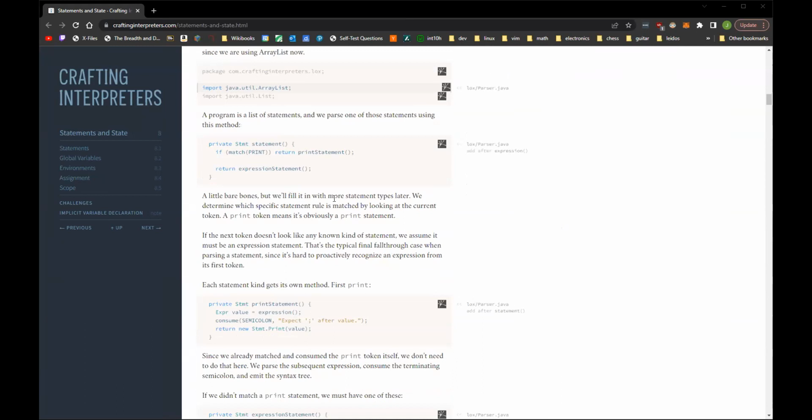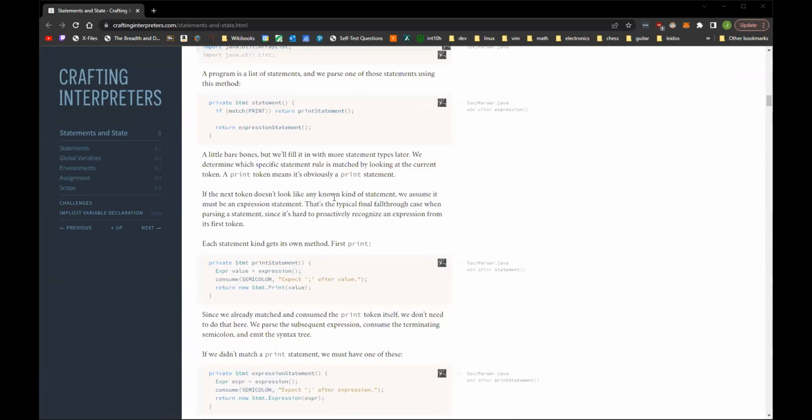The way I wrote my interpreter in Kotlin, I actually still don't really find it that useful. I still wrote it because I was following along with the book, but Kotlin provides a lot of syntax for doing that kind of stuff.